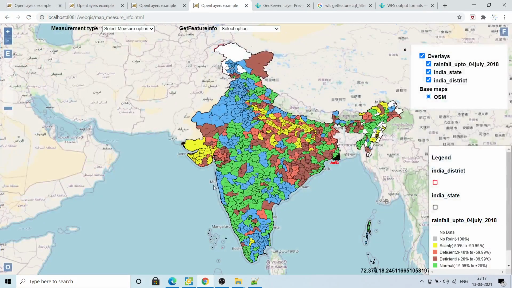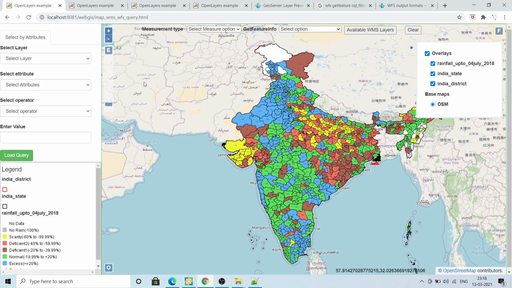Today in this video, I'm going to show you how to develop a feature query tool on WebGIS. In the earlier videos, part 1 and part 2 of this series, I showed you how to develop a very simple web-based GIS, which had only simple tools such as a layer switcher to switch the layers on and off, a legend showing the colors or themes of the layer, and measure area, length and get feature info. On click you get the info. That was a very simple setup. But today I'm going to show you how to query a feature.